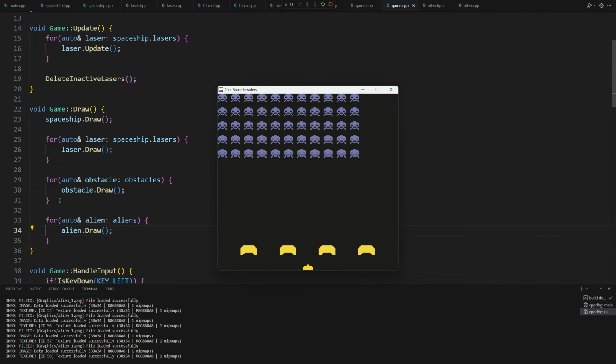Cool. But there are some things we have to fix. First, the aliens are drawn to the top left corner of the screen. We need to add an offset to the x and y coordinates of each one of them. Second, all the aliens look the same, but we want to have 3 types of aliens. Lastly, loading all the aliens takes some time. Our code loads the image for every alien object from the disk each time a new alien object is created. But we can optimize this. We will do that in a couple of minutes. Let's first fix the other 2 easier problems.